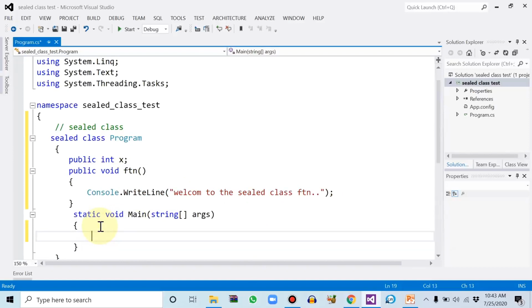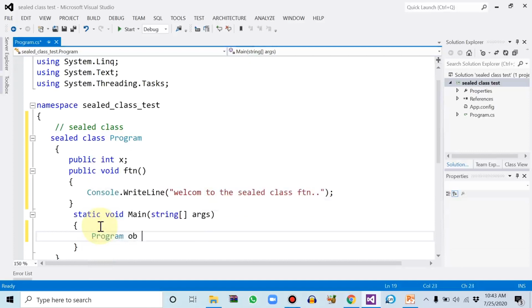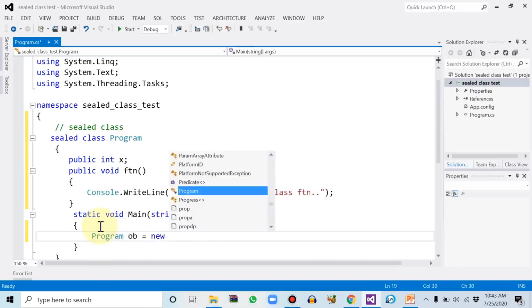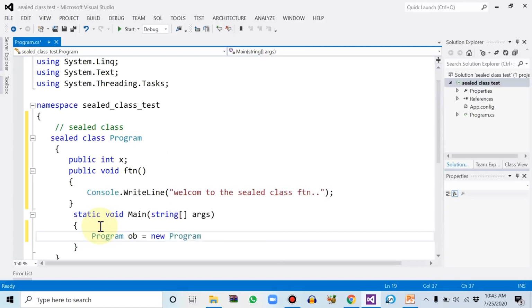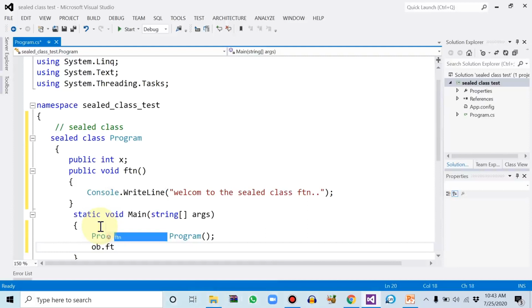First create the object. Let's first create the object of the sealed class, that is program. ob is equal to the assignment operator, then program. So we have just created the object of the sealed class. So ob.ftn.